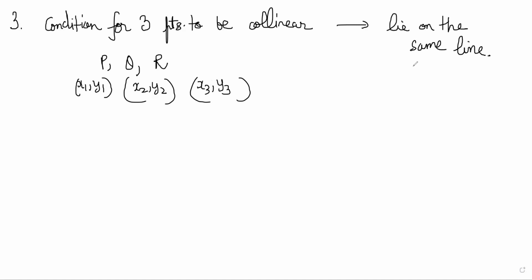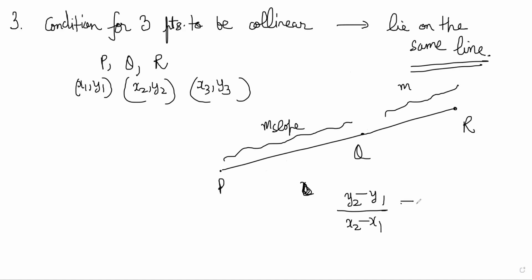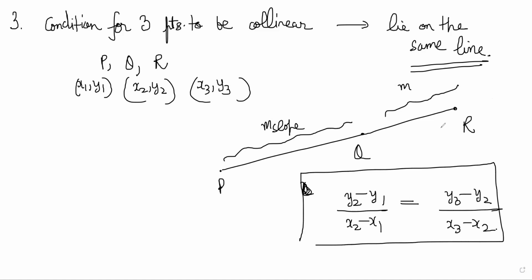So you can say collinearity in multiple ways. First thing you can say is, obviously, slope of PQ should be equal to slope of QR, right? If it is the same line, this slope and this slope should be equal. So slope of PQ, (y2 - y1)/(x2 - x1), should be equal to (y3 - y2)/(x3 - x2). Also, you could have equated it to slope of PR. So that is one way.